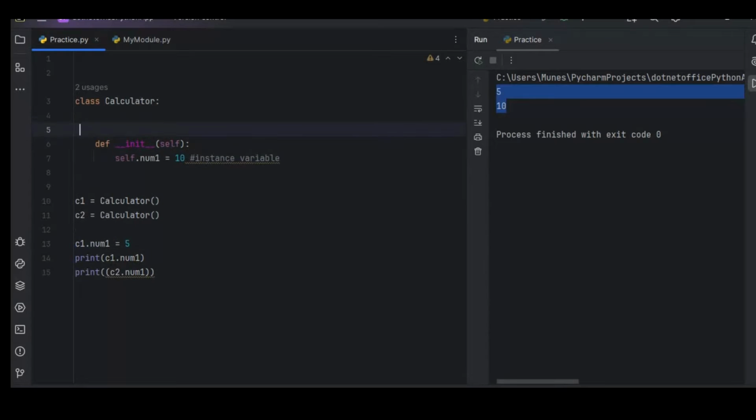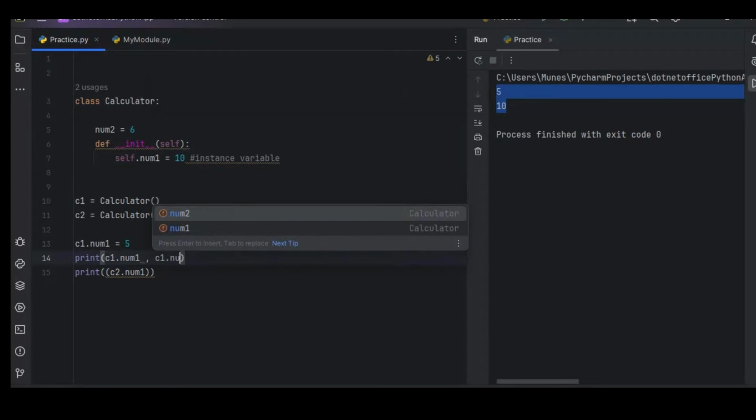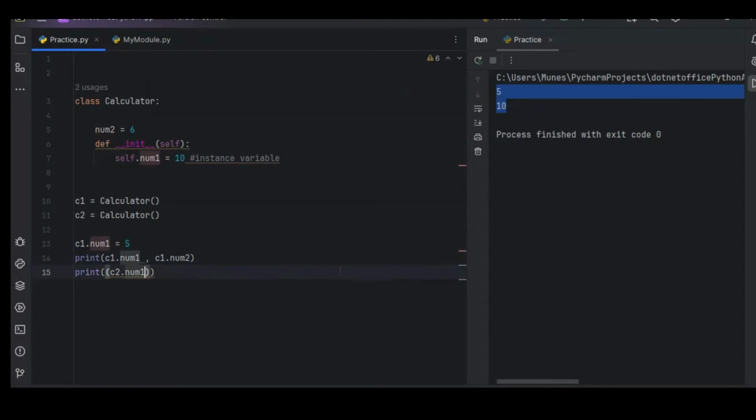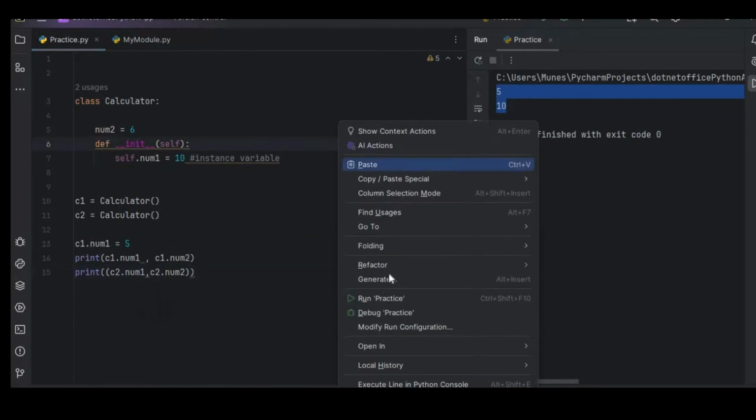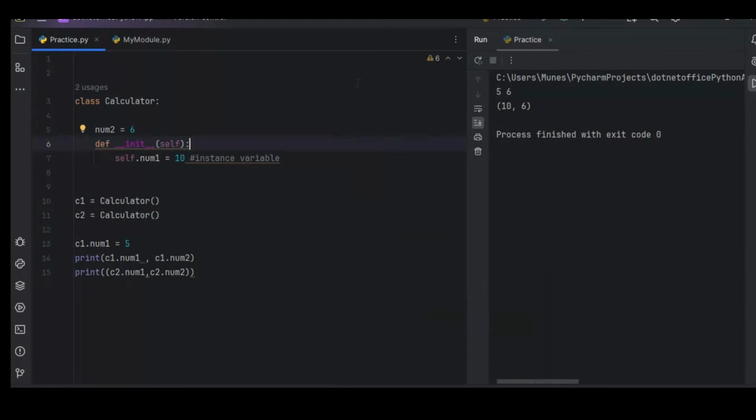Now I'll take another variable, name it num2, and assign 6. In that case, this is dedicated to the class level. Whatever methods or variables I have at the class level are class-level variables. How can I check that? c1.num2, and similarly c2.num2. When I run this, here you are seeing 5 6, and